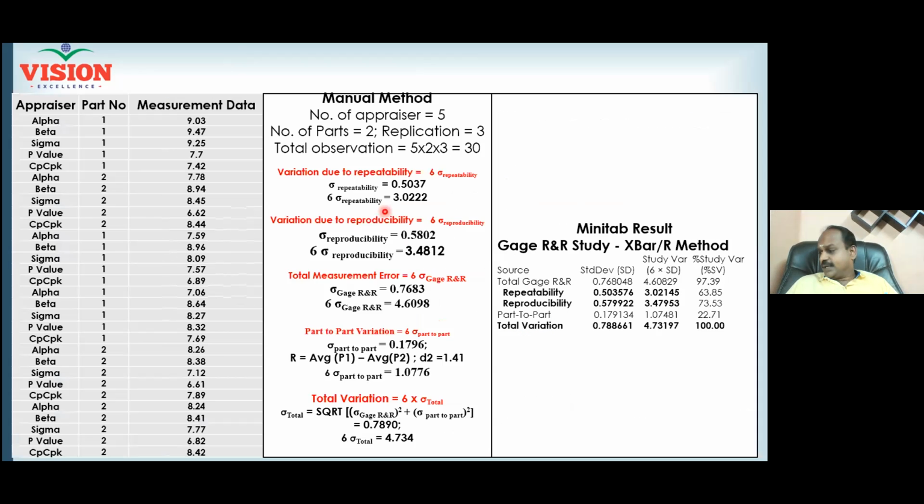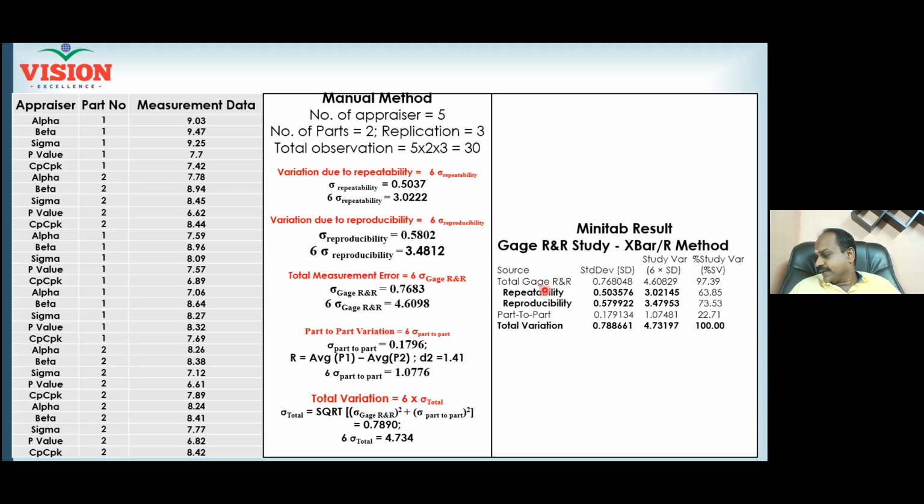And this is a sample study we did, how we collected the data. We just wanted to understand whether the way we are teaching you is the way the software also works. So we did the calculations manually, with our own Excel method, and we got all this report. And this is the Minitab report. There is almost a 99.999% match in the report. You see here, sigma repeatability is 0.5037 in our reading. The software reading is 0.5035. That means whatever you have understood from us is very clear. It's definitely the perfect one.